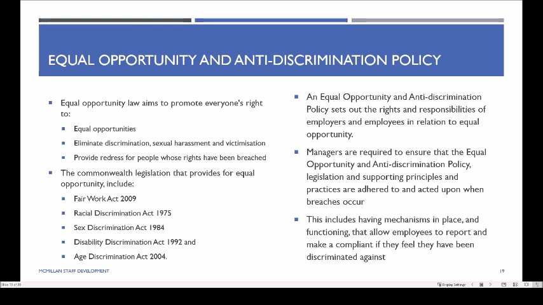So this also means having those mechanisms in place where if a breach occurs, it's easy and accessible for a staff member or an employee to raise a complaint in a way that does not impede them from raising that complaint. They don't have to jump through too many fiery hoops, or any fiery hoops, to raise the issue, and they can raise it in a way that maintains their personal integrity as well, so that it doesn't add to the burden of the experience.